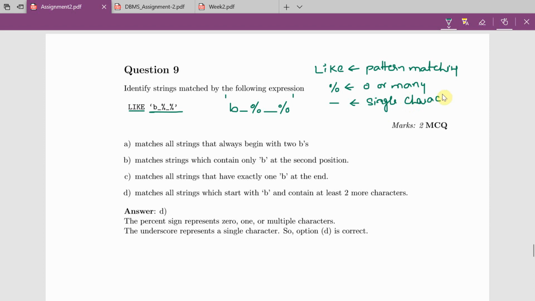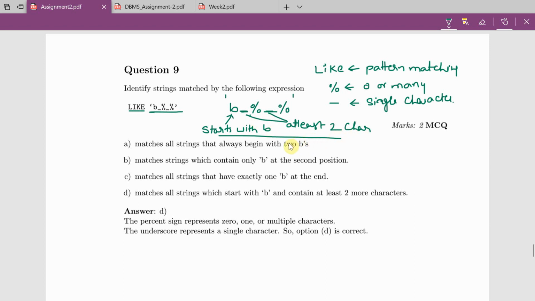Now the given pattern, B underscore percentile underscore percentile, means it starts with B because the first letter is B. After B it should have one character, then maybe 0 or many characters, again one character, then 0 or many characters. So after B we require at least 2 characters, and all together the pattern should have at least 3 characters.